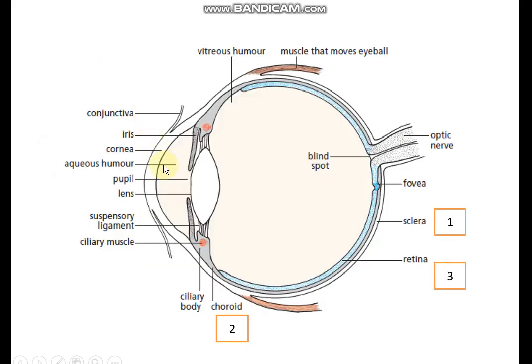Here we have cornea. When the light rays enter, the cornea bends them so that the light rays can pass through the lens and the image can fall on this layer of the eye, which is the retina. And then there is another structure visible. The name of the structure is pupil. See over here, this is the pupil, and the colored part of your eye is the iris.